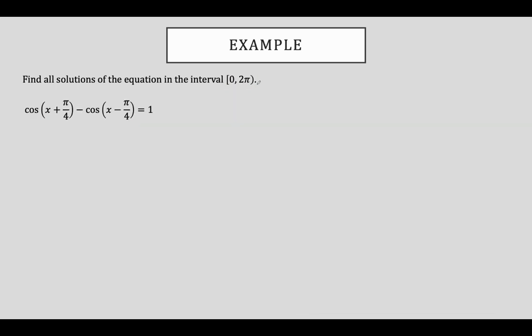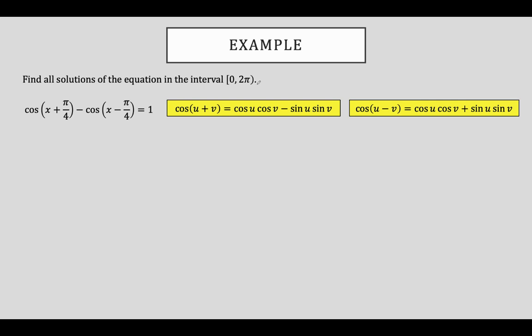Let's try another one. The cosine of x plus pi over 4 minus the cosine of x minus pi over 4 is equal to 1. Similar to the last problem, except now we're going to have to use the sum and difference formulas for cosine. All right, here they are. We can replace cosine of x plus pi over 4 with cosine x cosine pi over 4 minus sine x times the sine of pi over 4,